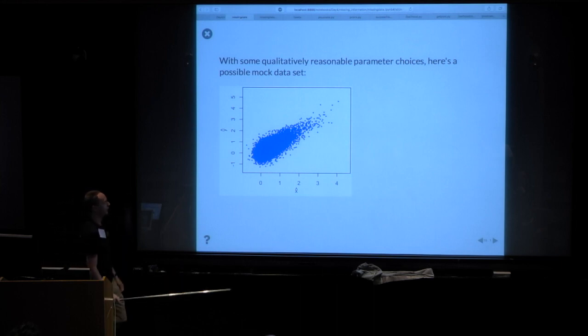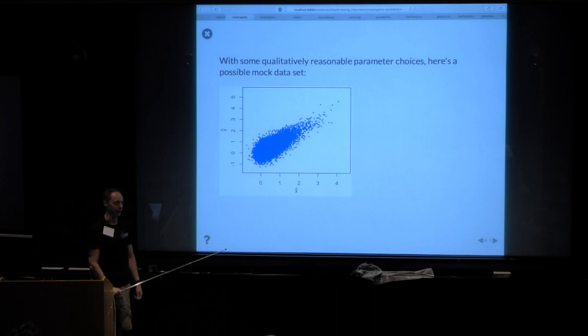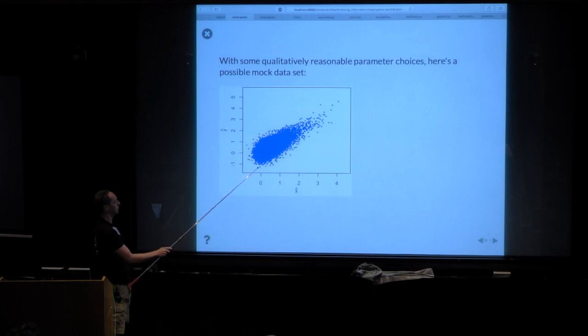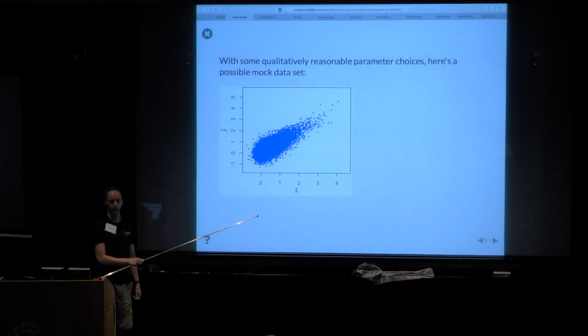So, throwing in some qualitatively reasonable estimates for parameters, because we already know something. Here's a mock data set that I generated using my generative model. Every little point here is a pretend galaxy cluster. This is measured x versus measured y. So what I've done is taken some exponentially falling distribution of x's, made up a really big number for the total that I would have,